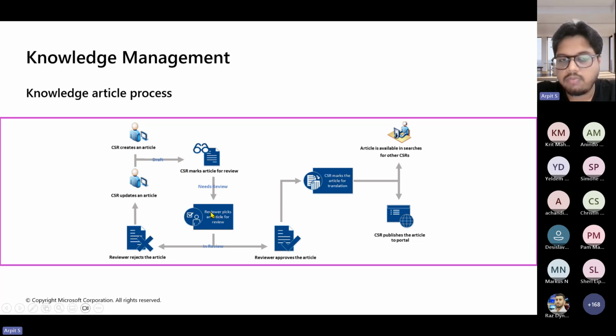So the reviewer will pick up the article, and they can reject that article, so that again it will go to the CSR to make the changes, and this process will keep on going until the article is approved. Okay, so once the reviewer approves the article, then the customer service representative creates the articles